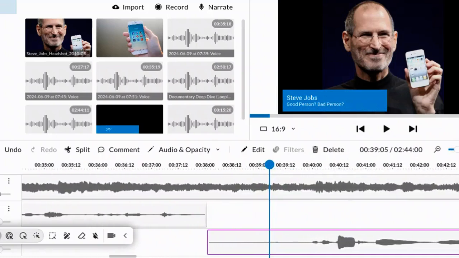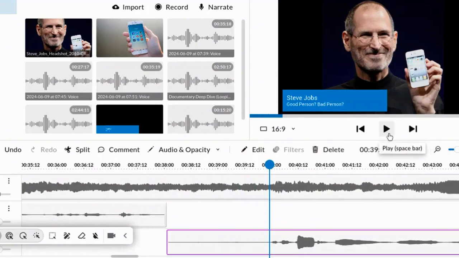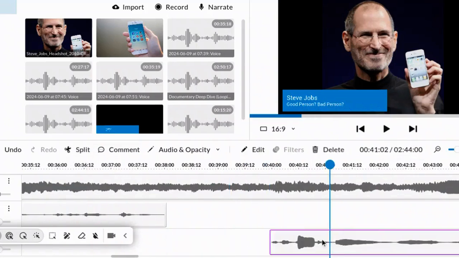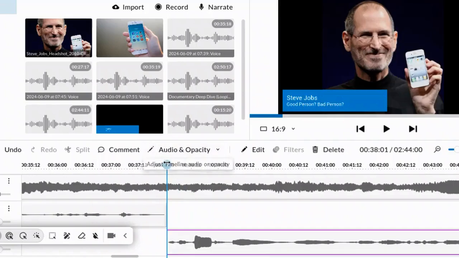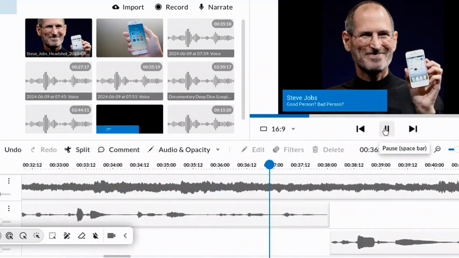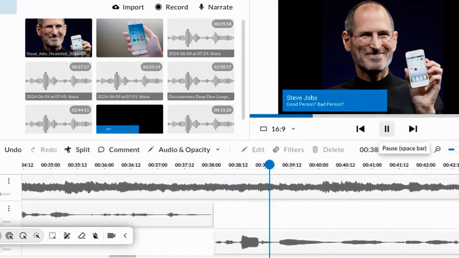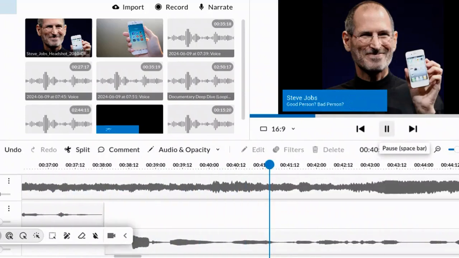You're really getting rid of some of the ums and the ahs. I'm going to pause right there, split it, delete that, and then now I want these right next to each other. So that goes from one section to the next. Here we go. I'll show you. Mr. Steve Jobs. Steve Jobs is a leader and